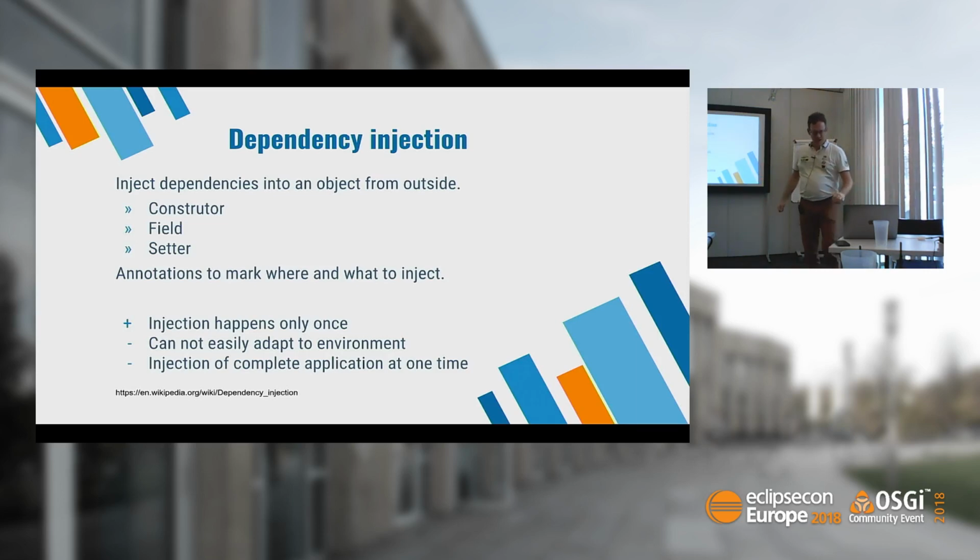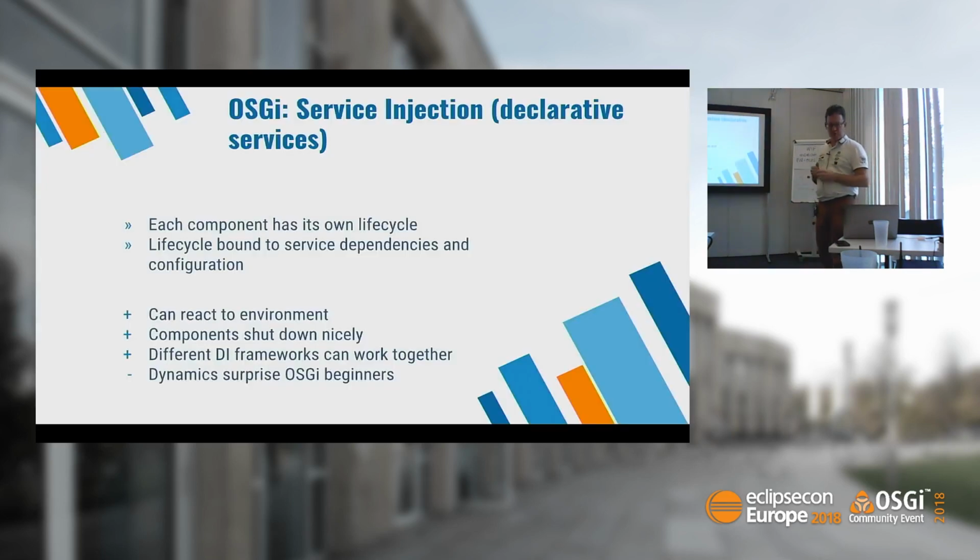While in OSGi, we have these special properties of being dynamic. So in OSGi, the pattern of dependency injection is more reflected with this service injection. So maybe you have some dependency injection inside your bundle even, but the OSGi level is more this injection on the service level between bundles, and there you can fully profit of the dynamic nature of OSGi and have a similar pattern to dependency injection, also working typically now with annotations, and so it looks similar, but it has special